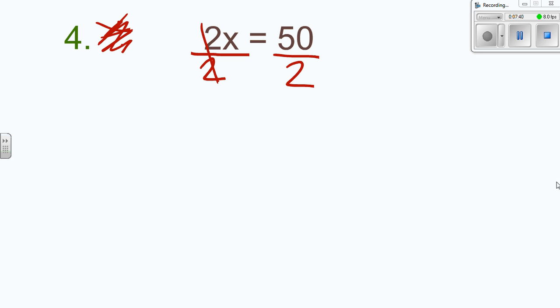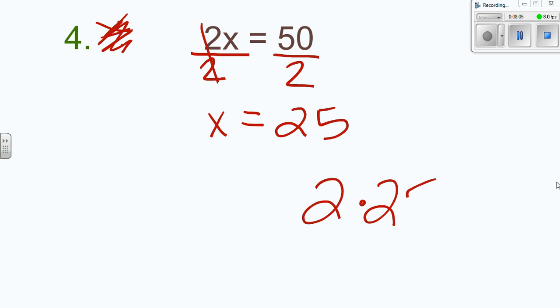Now, typically we don't write 1x, we just write x because 1 times x is still x. So we don't usually have the 1 in front as our coefficient. Now I'm going to bring down my equal sign, and 2 can go into 50 25 times. So our answer for this would be x is equal to 25. And again, we can check by plugging in: 2 times 25 is equal to 50, so we do have the